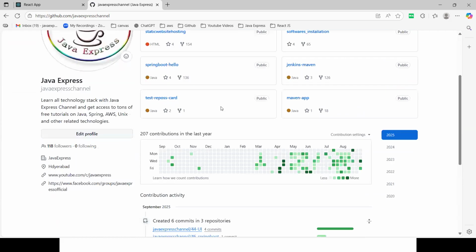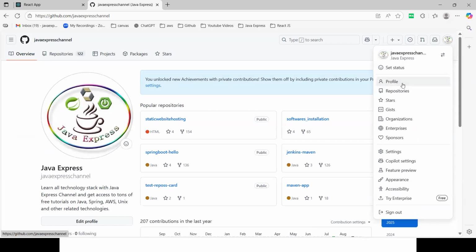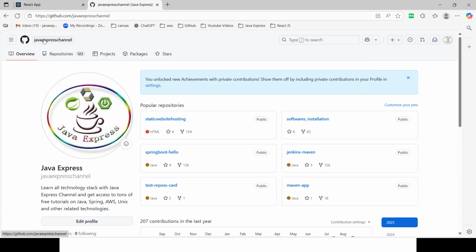Whenever you log in as a user, you will face a 401 exception. To avoid that, first log in with your GitHub account and share this username with me in the email. Once you give this username, I will invite you, and you should log into your local system with the same email ID to get access.